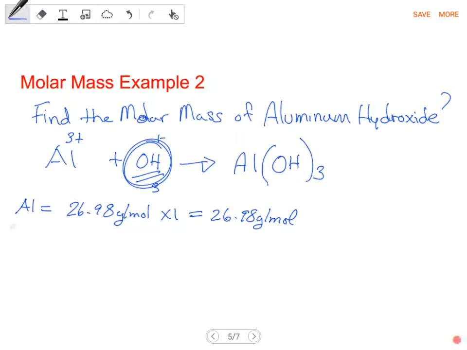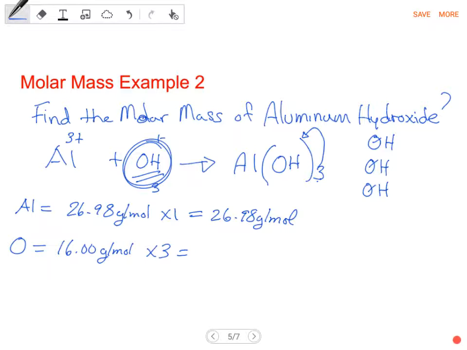Now here is a trick, everybody. How many oxygens do you have? Well, here is the trick, and you've got to remember this. This 3 means that we have 3 of this entire group. We have 3 hydroxides. So 3 hydroxides looks like this: OH, OH, OH. Well, how many oxygens do I have? 1, 2, 3. I have 3 oxygens, so I go 16.00 grams per mole times 3, and that's going to give you